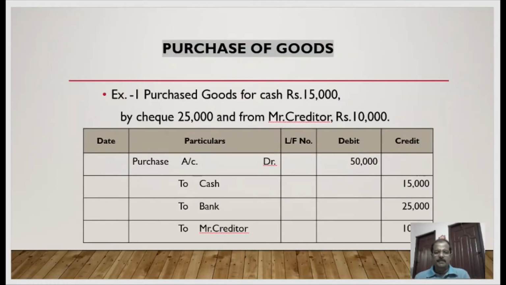Let us get into an example wherein you have got a purchase transaction. Here in this particular date, a purchase transaction involving three different modes of payment. On a particular day, you had purchased goods, a saleable item, to the tune of 50,000. How did you make payment? By cash 15,000, by bank check 25,000, and by credit. Here the name itself is given, creditor. Credit the giver 10,000.